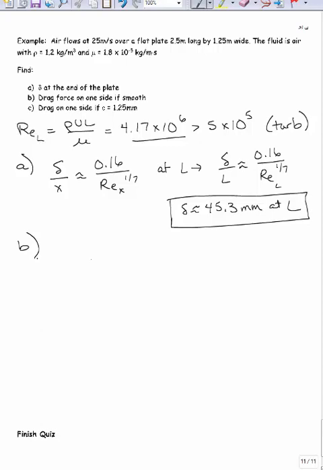Part B, drag force on one side if smooth. What you do is figure out what your CD is, and since it went turbulent and we're talking about smooth, we can just use that equation, 0.031 over Reynolds number at L to the 1/7. Yes, it is to the 1/7, correct. Drag then comes out to be about